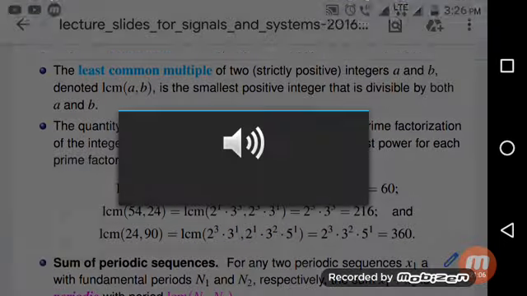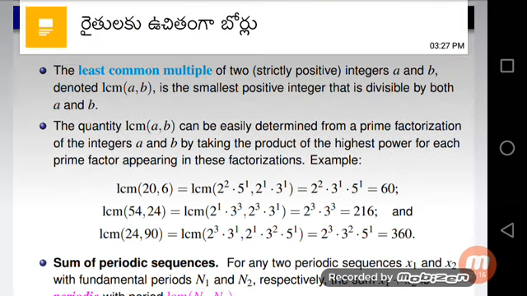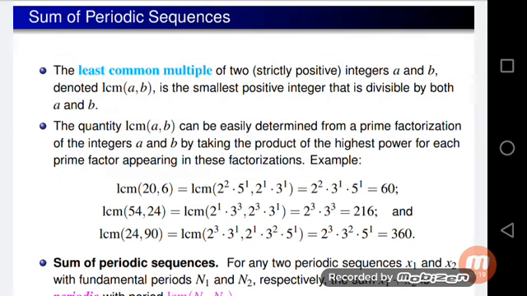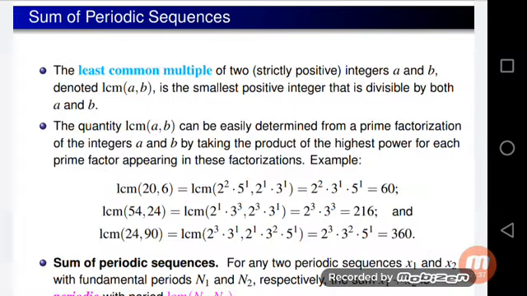And next one is sum of periodic sequences. The least common multiple of two strictly positive integers a and b, denoted LCM(a, b), is the smallest positive integer that is divisible by both a